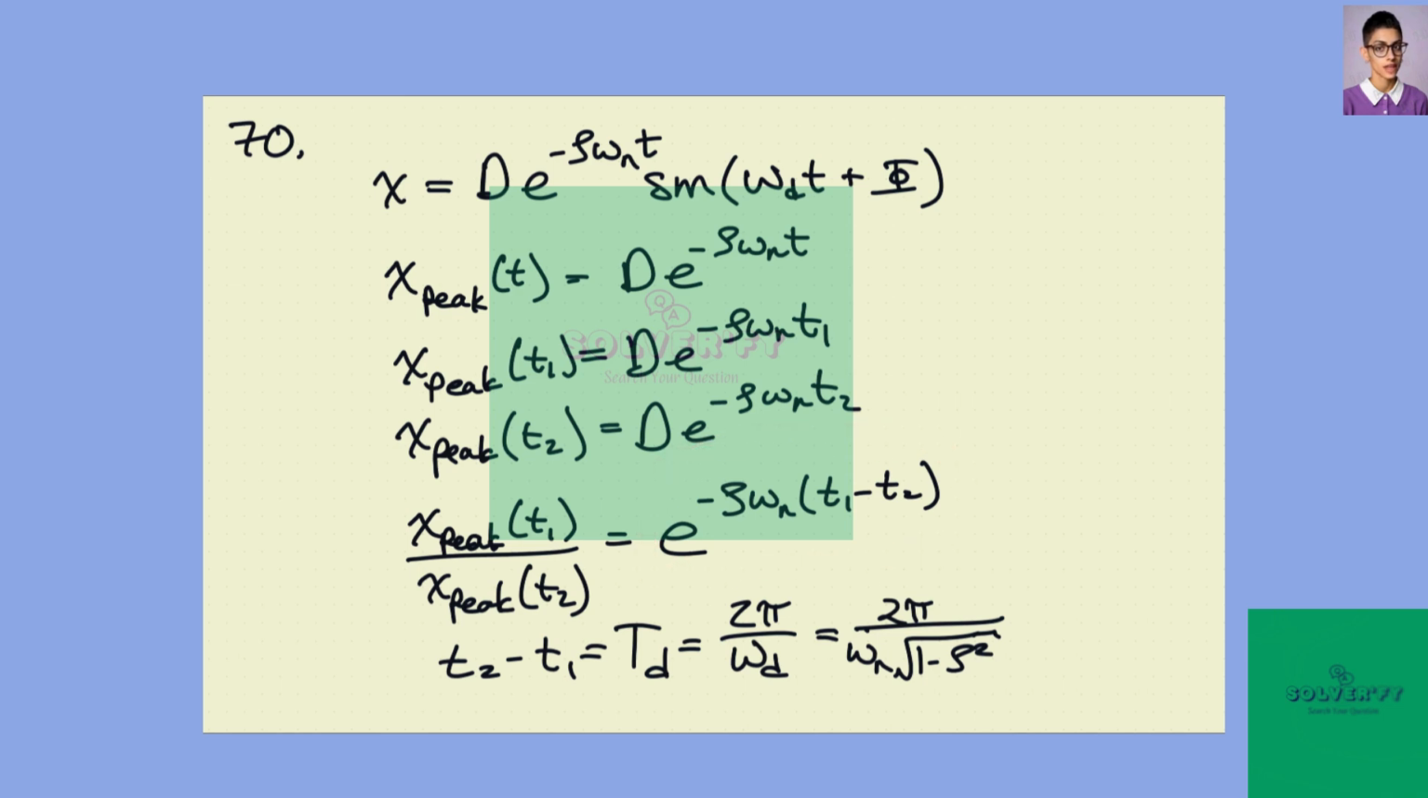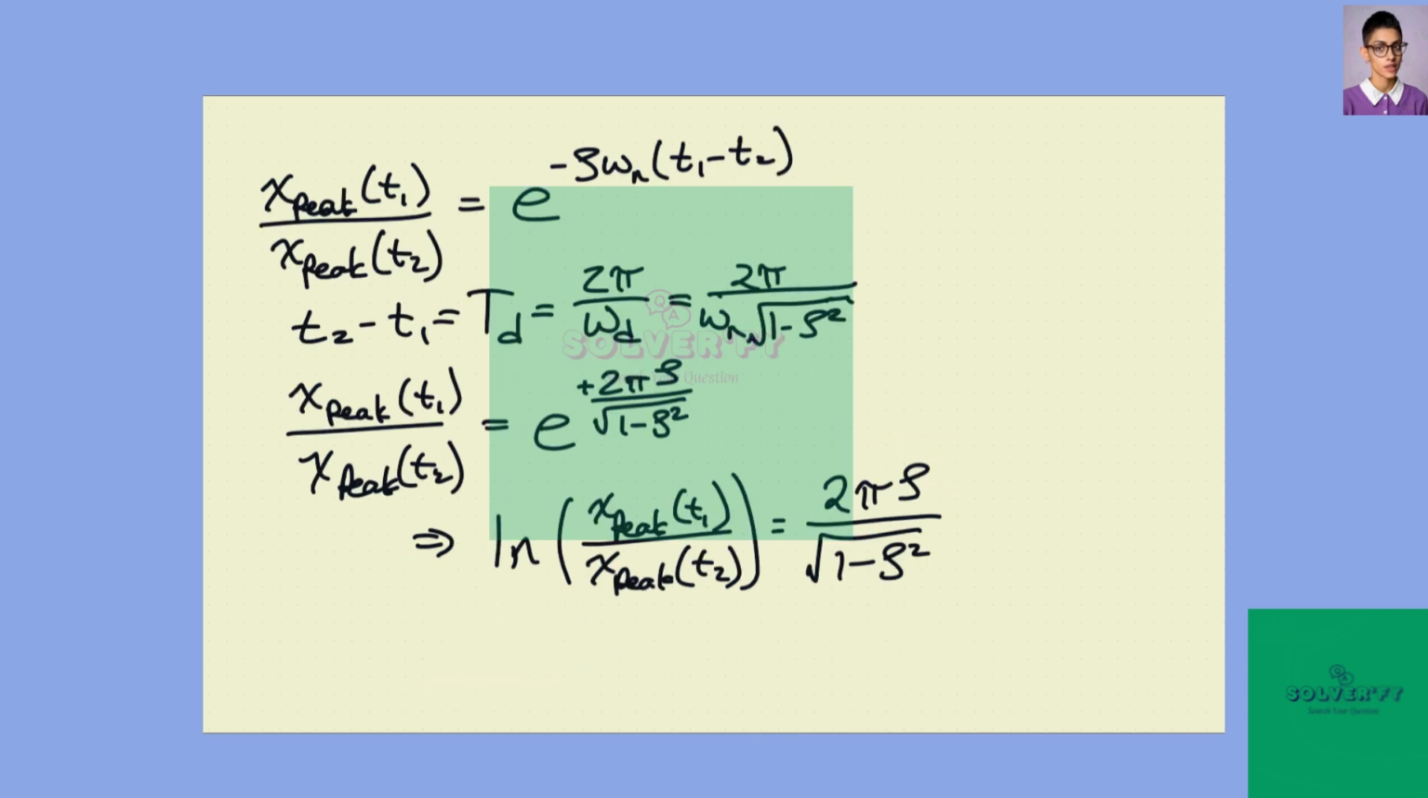Then we also know that the time between two successive peaks is the damped period, or the damped natural period, which is 2 pi over the damped natural frequency, and the damped natural frequency is omega n times the square root of 1 minus damping ratio squared. So we know what this is from here, and we take this, plug it into here, and so we get this ratio of the amplitude at one peak to the amplitude at the next peak